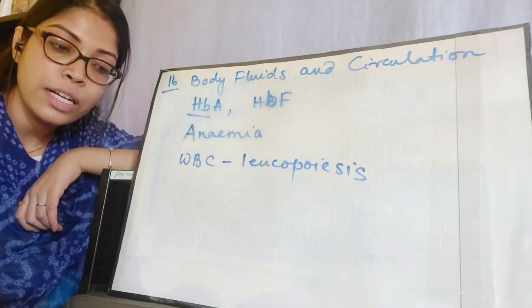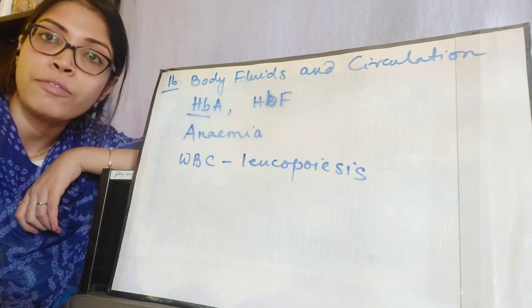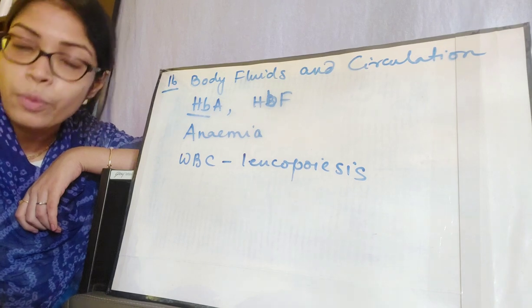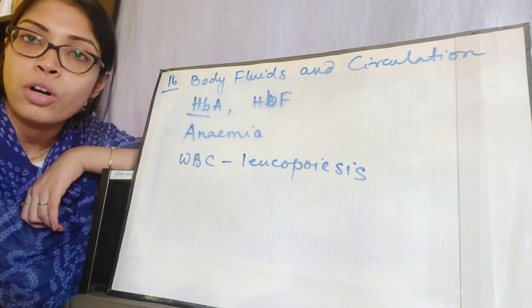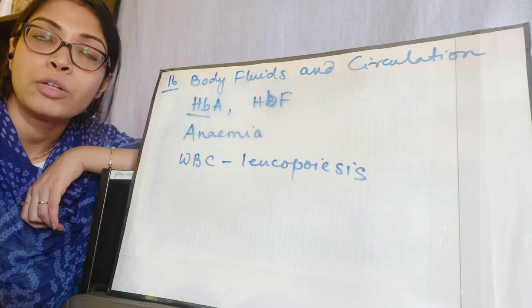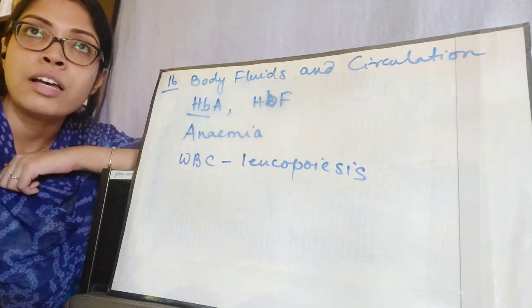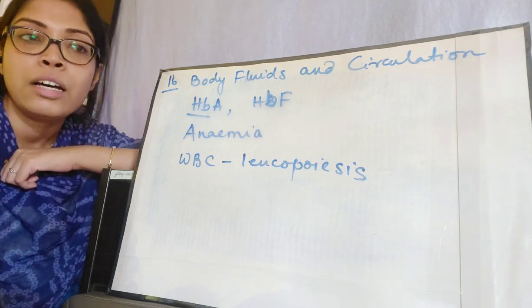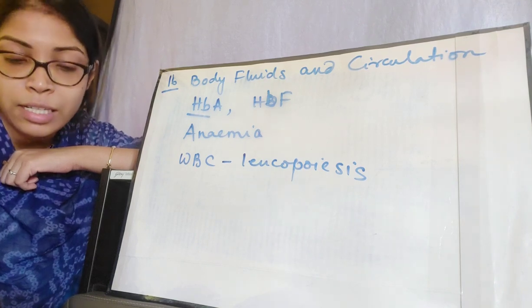In my previous video I started talking about the components, the different types of white blood cells. I have said that all the white blood cells are divided into mainly two categories: agranulocytes, which do not have any cytoplasmic granules and do not have a lobed nucleus, and the second category is granulocytes, which have cytoplasmic granules and a multi-lobed nucleus.